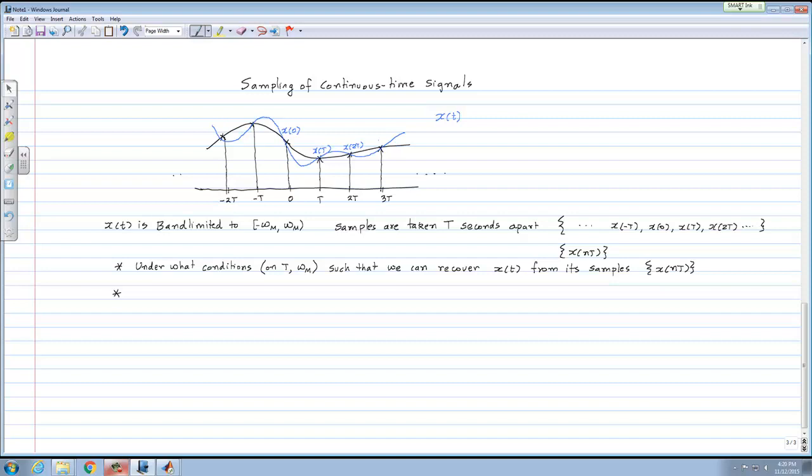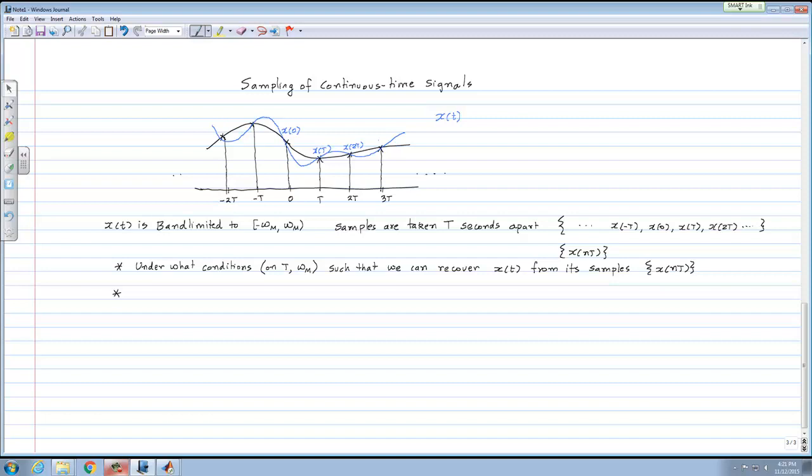Yes. But we have a maximum sampling frequency that we could use. We cannot increase, for example... It's actually a minimum, at the T. No, as a sampling frequency. So what's going to happen is this. We're going to be given omega m. Somebody tells us that the signal is band limited to between negative omega m and positive omega m.